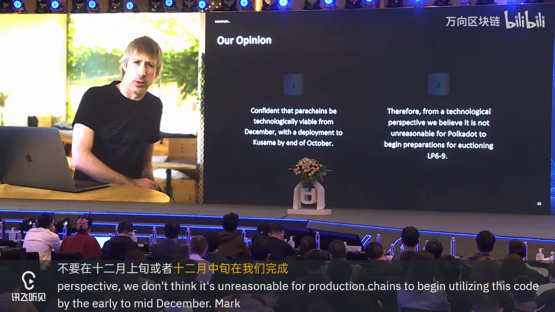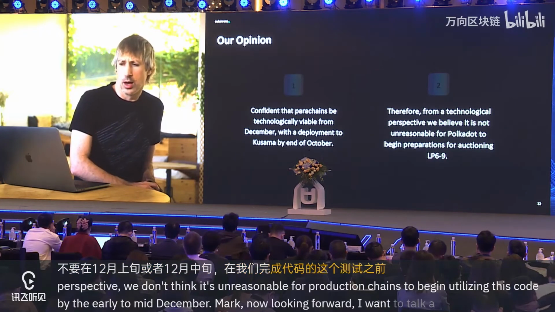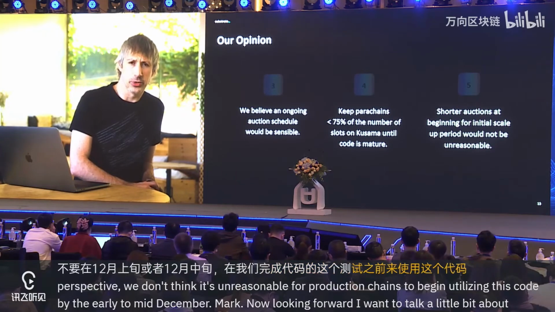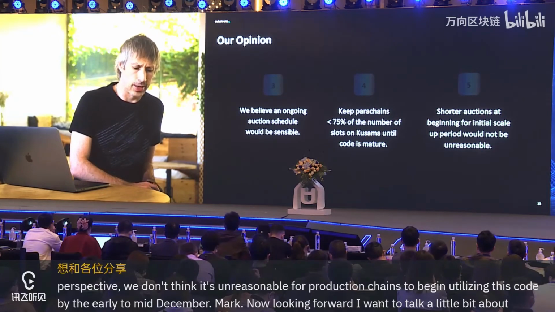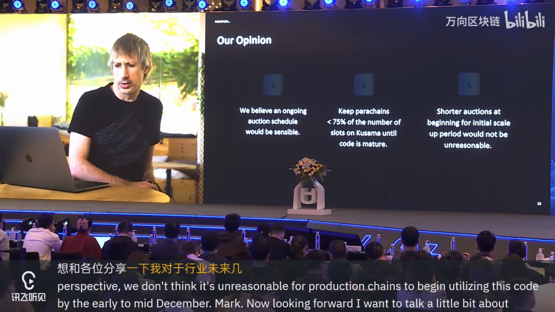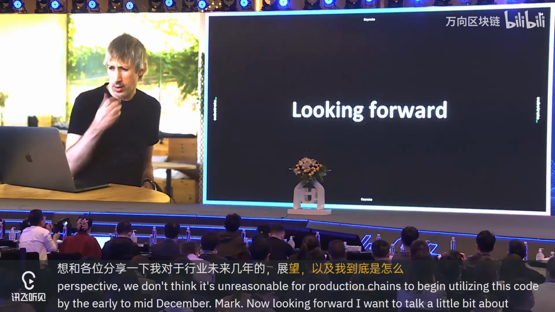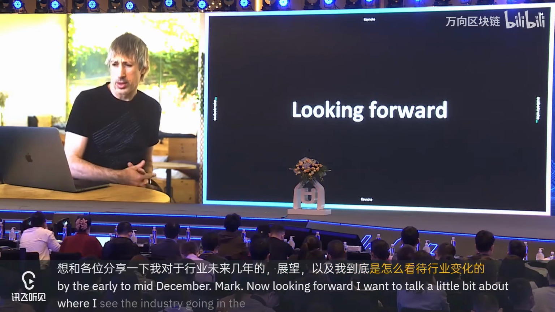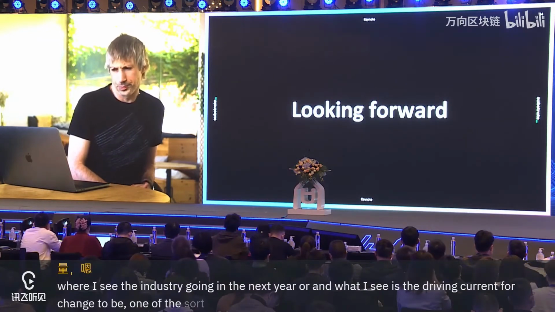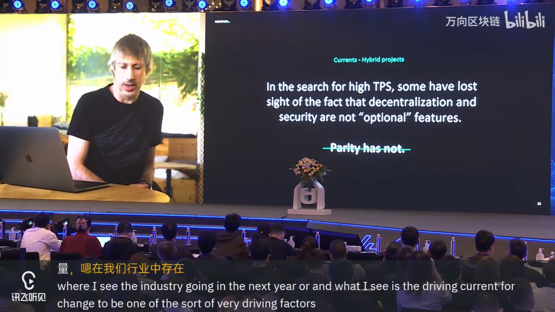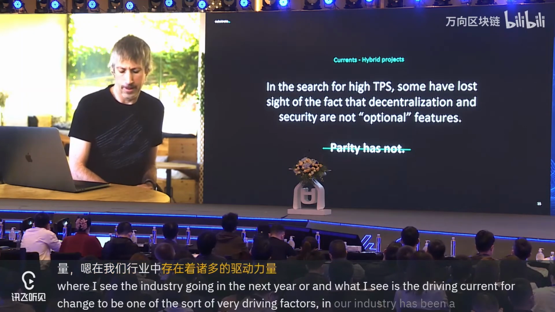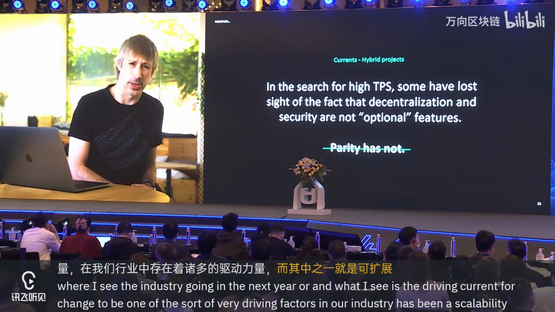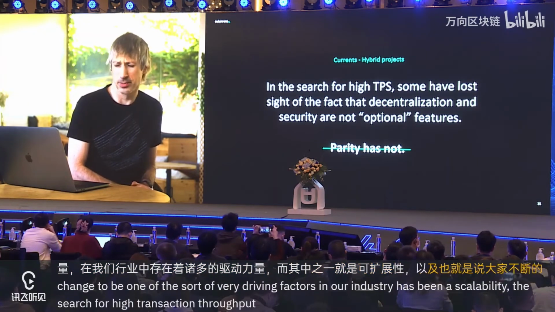Now, looking forward, I want to talk a little bit about where I see the industry going in the next year or so, and what I see as the driving currents for change to be. Now, one of the very driving factors in our industry has been scalability, the search for high transactional throughput, high TPS numbers.